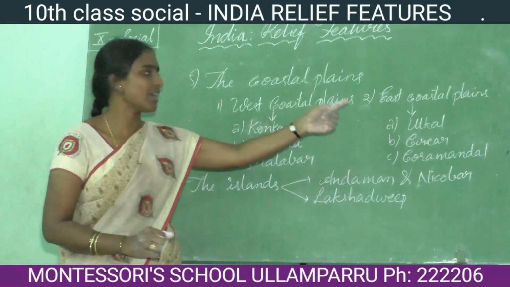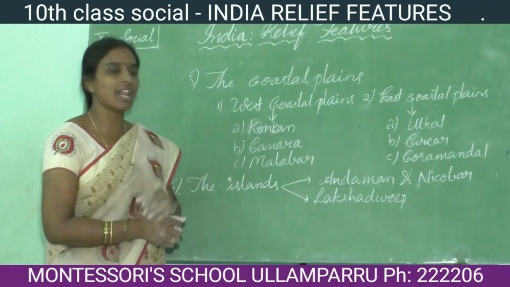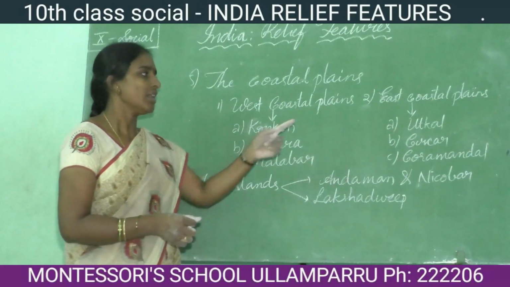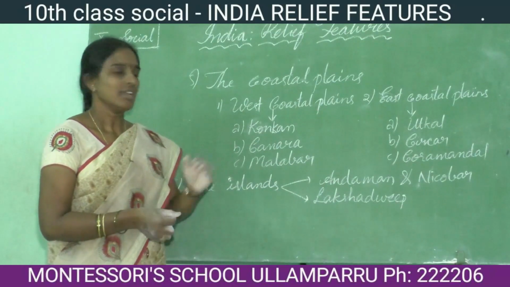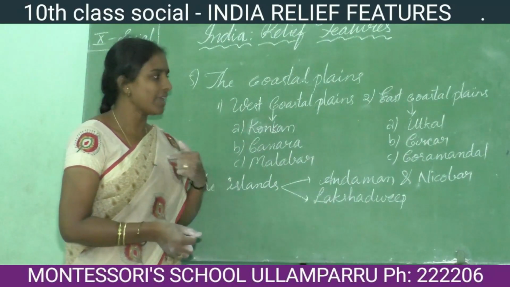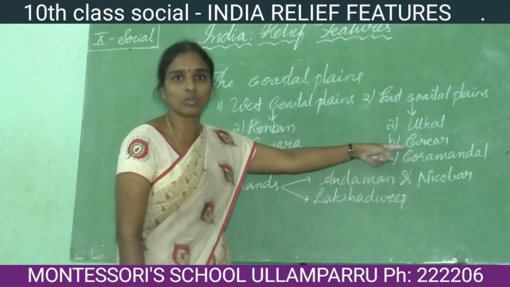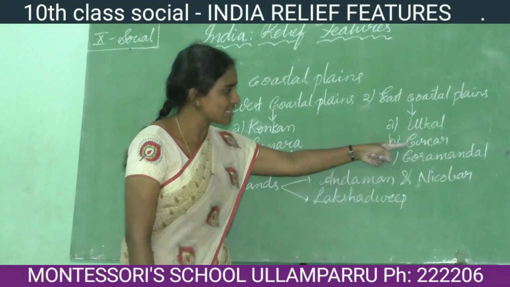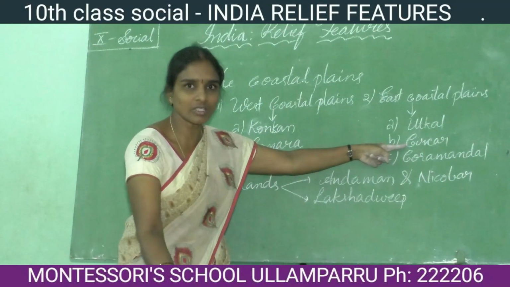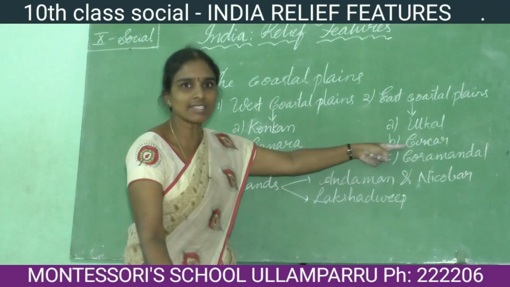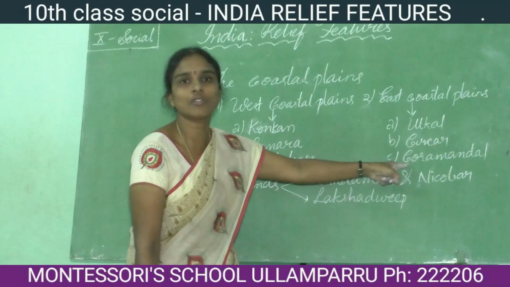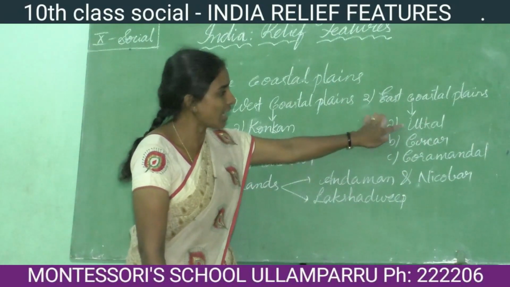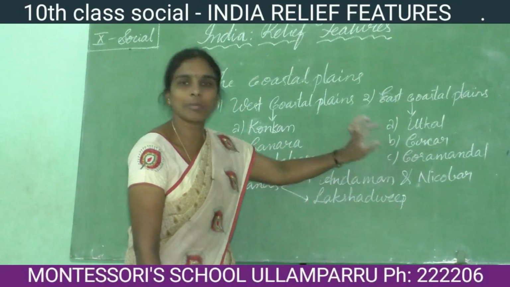In the same way, on the eastern side, Utkal. Utkal is in Odisha. Odisha comes under the Utkal coast. Next, our AP comes under the Sarkar coast. Utkal, Sarkar. Then what is there on the south of AP? That is Tamil Nadu. Tamil Nadu comes to the coast of Coromandel. So they are Utkal, Sarkar, Coromandel.